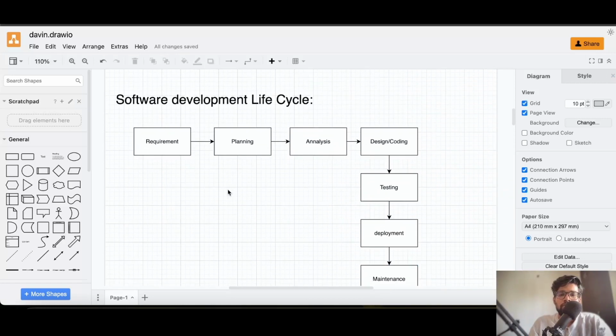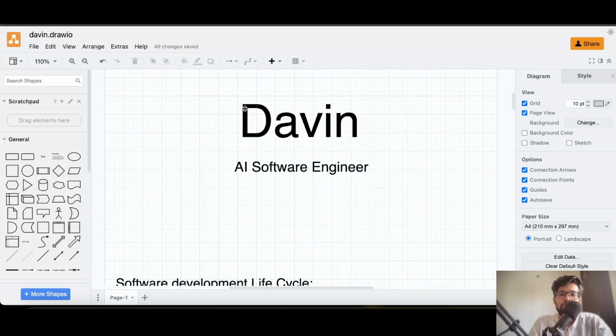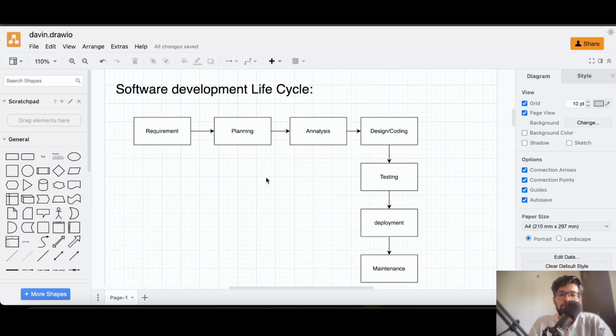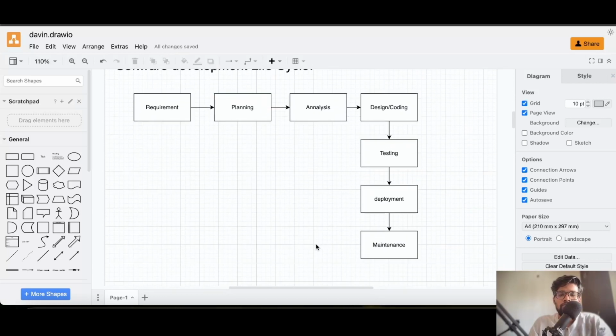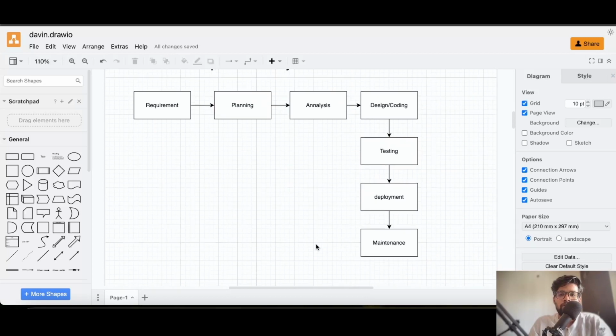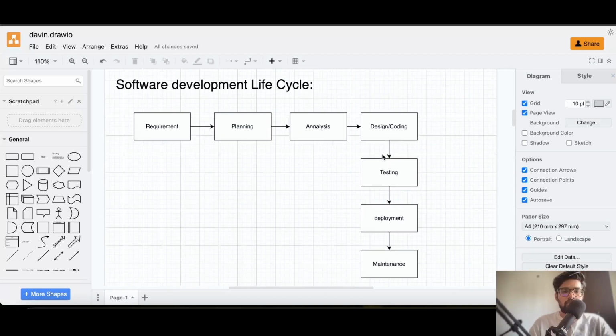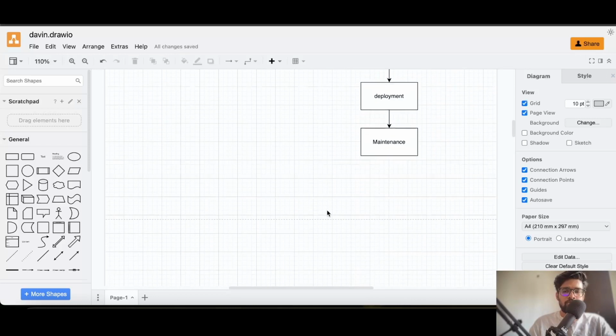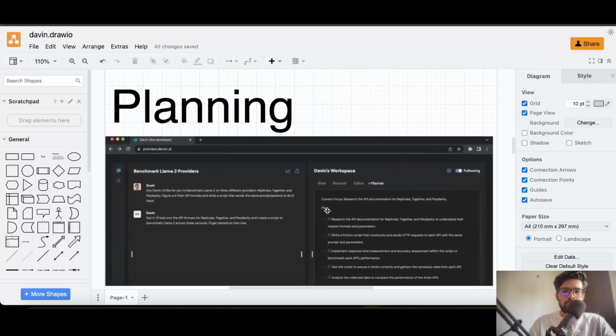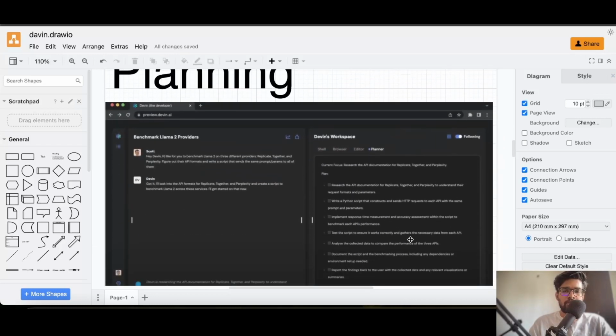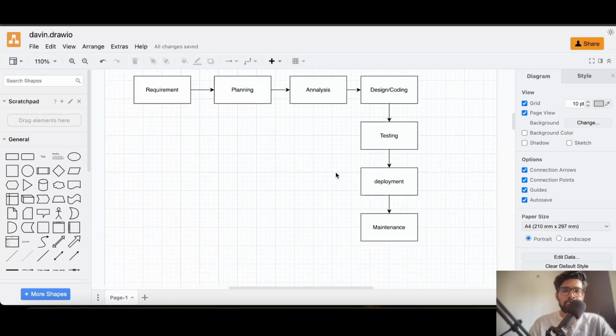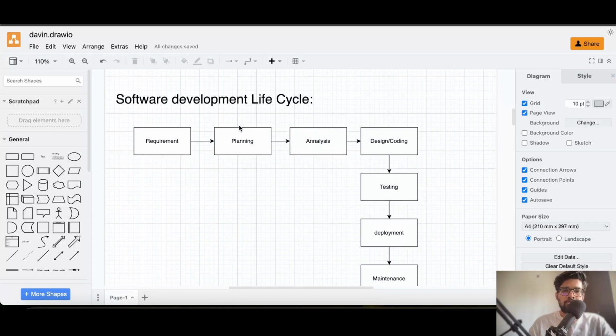Now we need to understand where Devin is going to fit in this whole life cycle. For that, we need to go one by one through what Devin can do. Let's start with the first one, which is planning. Devin has its own planner, as you can see over here, but this planning is not the same as the planning in the software development life cycle, which involves security, scalability, architecture, and deployment related planning.